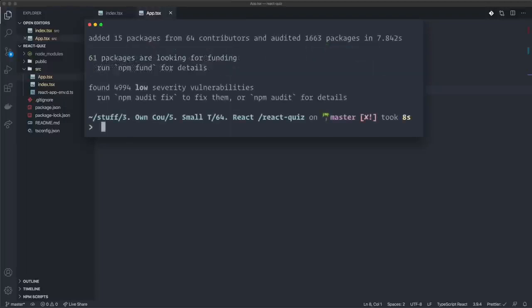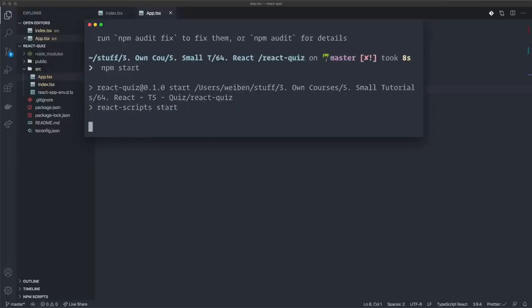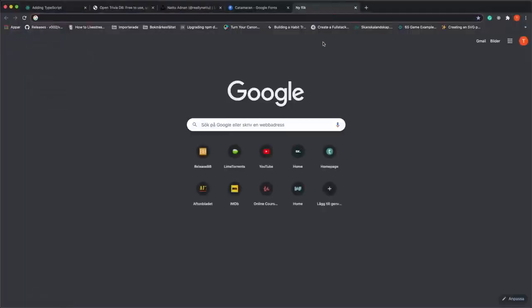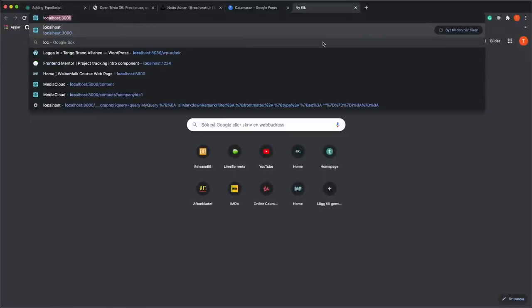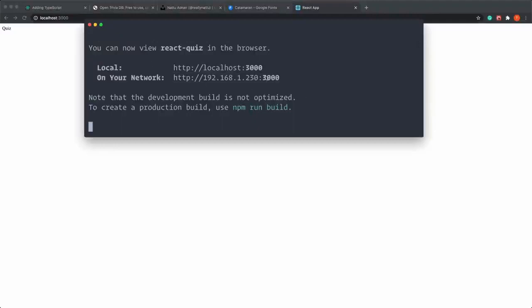All right, then we can just start this up to see that it works. npm start, and we can go to localhost port 3000, and you can see that it says quiz here, and that's great. We know that it's working. So localhost:3000. That's the dev server that this one creates for us. And you can see you can also just click here, and it will open up in your browser, hopefully. All right, so that's the dependencies. We only need to install styled-components for this one as a dependency, but we have to do some more